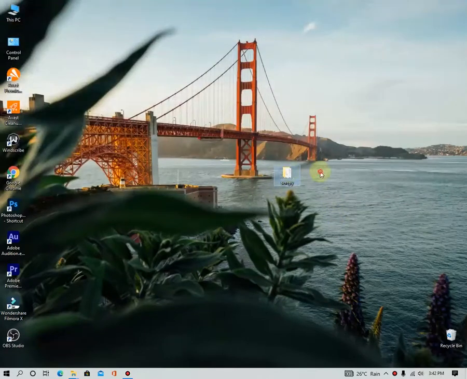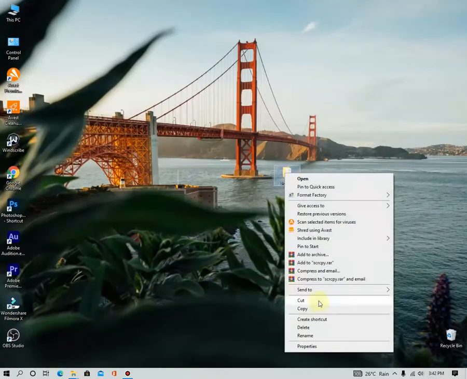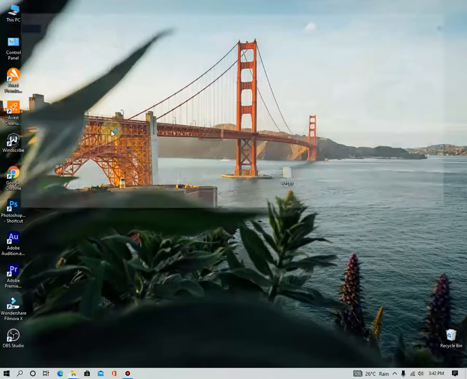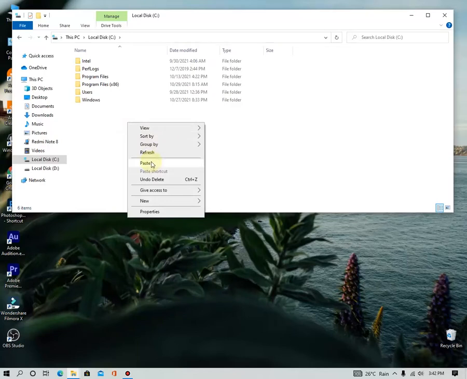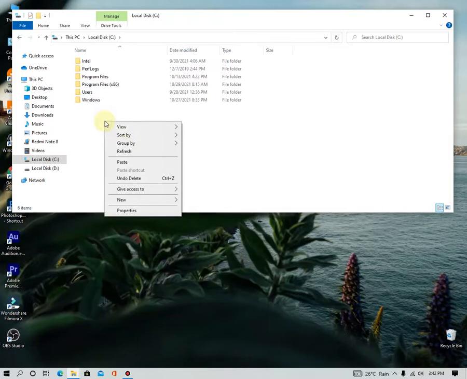Then just cut this folder and paste it in your operating system drive. My operating system is located in the C drive, so I'm going to paste it in the C drive.